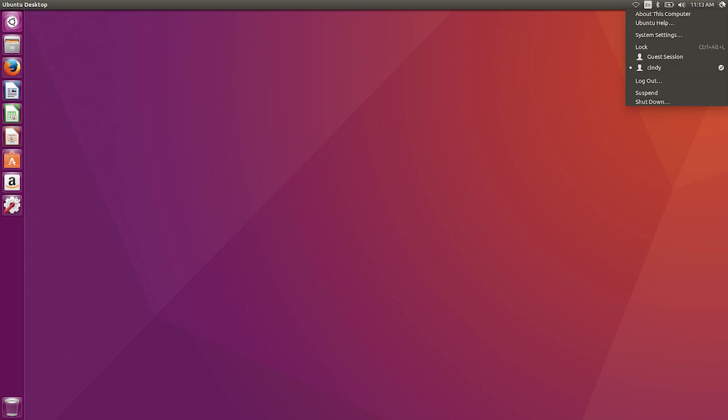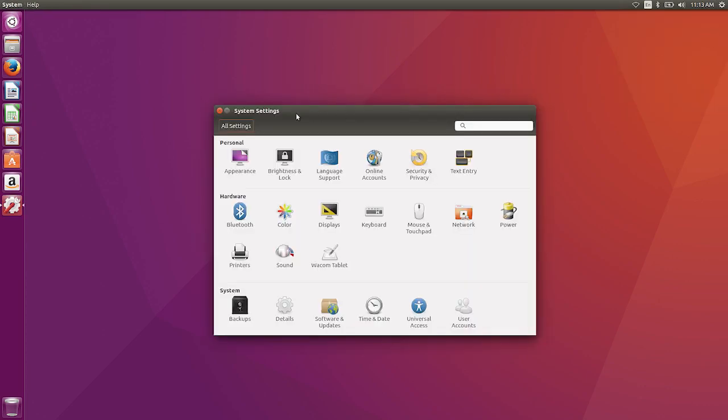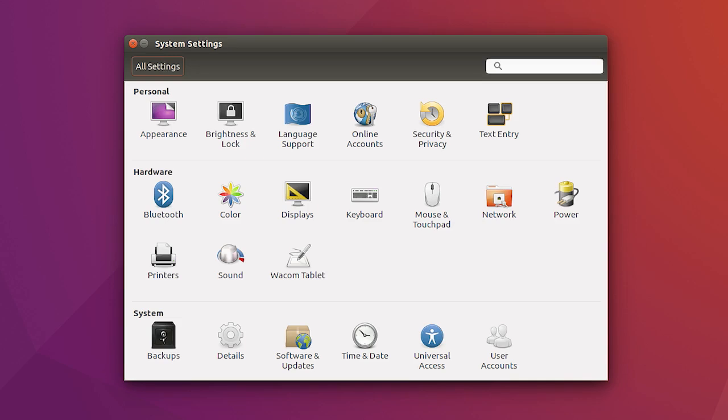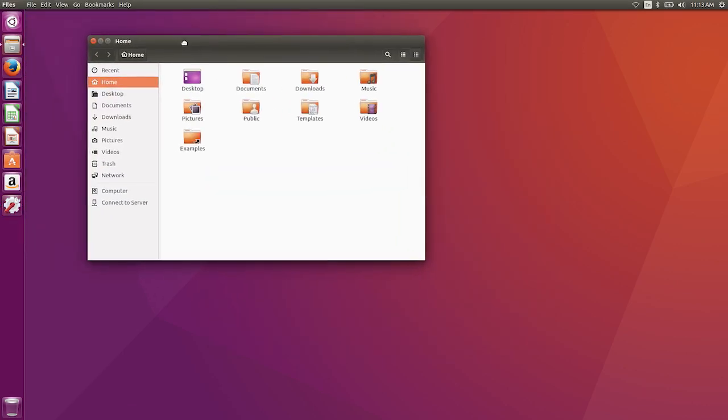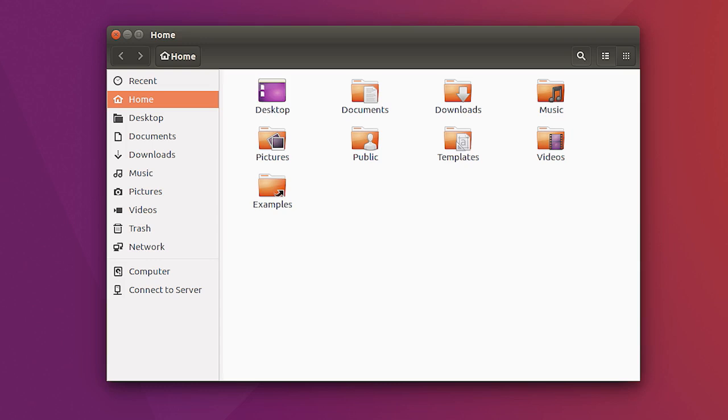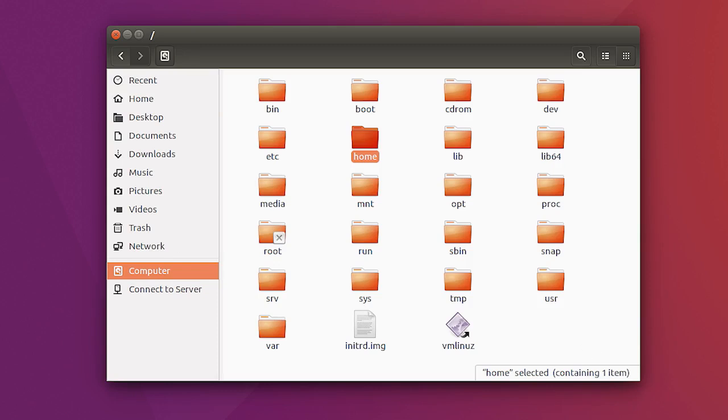Let's click on this menu and select System Settings. From here, you can change your system settings like your screensaver, resolution, hardware settings, and more. Let's go back to our desktop and select this icon here for files. This opens up a window so we can view our files. You can see the different files and folders here. If I click on Computer, I'm taken to the main directory of my system. We're going to get to this in depth in a later course, so for now, I'm just going to head